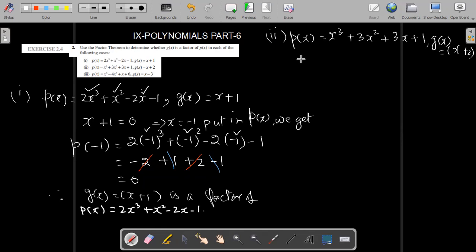So equate x plus 2 to 0 to get the value of x, that is equal to minus 2, which should be substituted in p(x). So we get